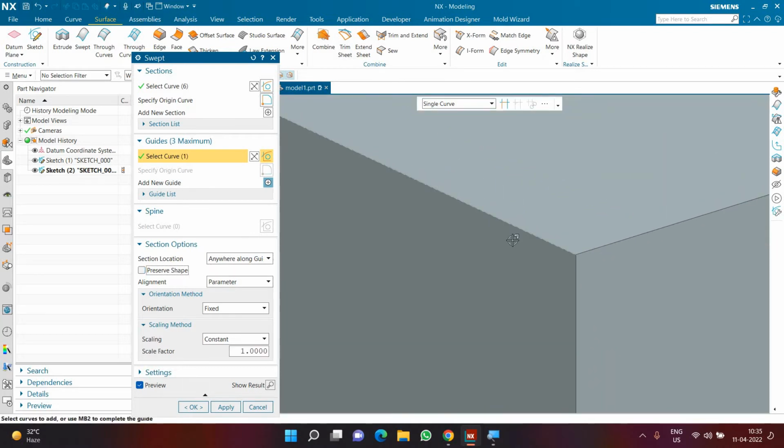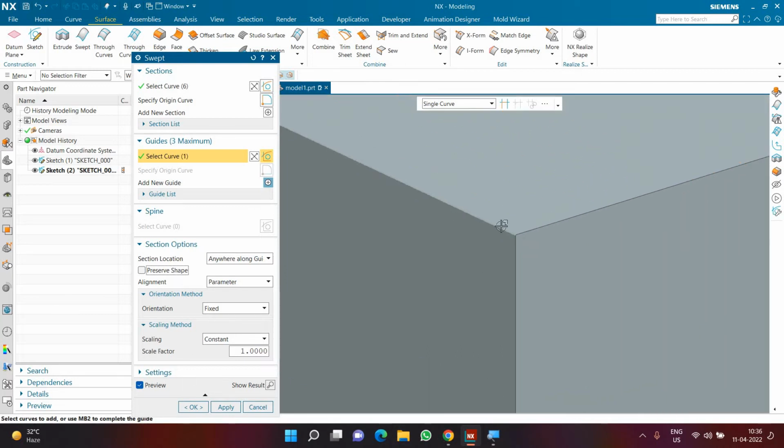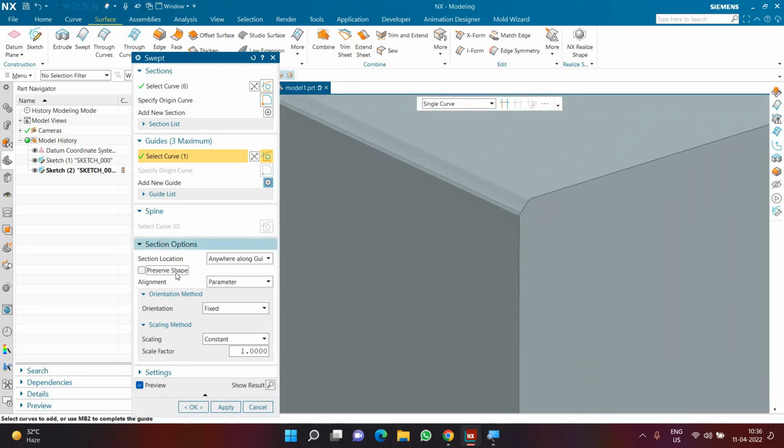Okay, and when I deactivate preserve shape, the geometry is made up of splines. The entire geometry is made up of spline if I deactivate preserve shape. If I activate preserve shape, it is made up of lines and arcs. So whenever you activate preserve shape, the splines are ignored and you will create a geometry with lines and